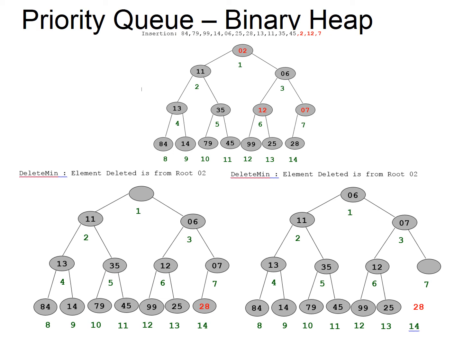Now what will be the value occupying the root node? So now the root node has two children, 11 and 6, of which 6 is minimum. So 6 will move to the first node. Now in the sixth position, you can see that it is empty. Now 12 and 7 are there, so 7 will move up, and in the 7th node position you will have an empty space. Now you can simply say that 20 can be moved to 7. No, it will not happen in that fashion. So if a node structure is removed and the value has to be stored, it has to search for the value in the same level, that is, in the bottom level. Okay, so you'll see how it is done.